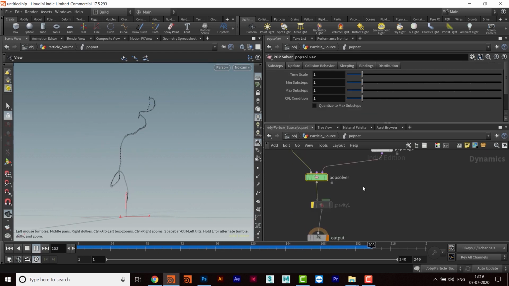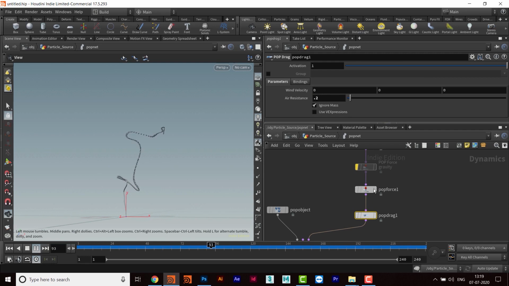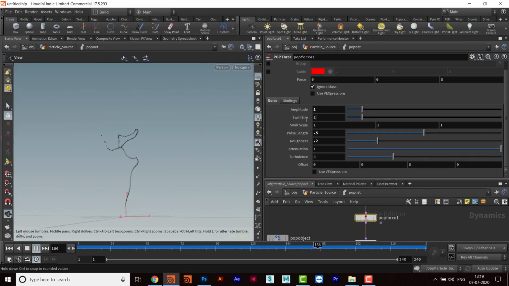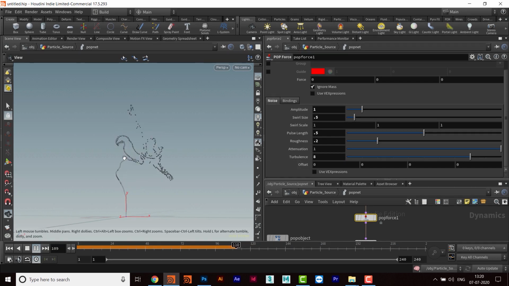Okay, then we'll go inside and play a little with this pop force, and we can increase this swirl size value, or we can decrease this value also, 2.5, and then we can increase this turbulence value, so there'll be more turbulence in the particles.